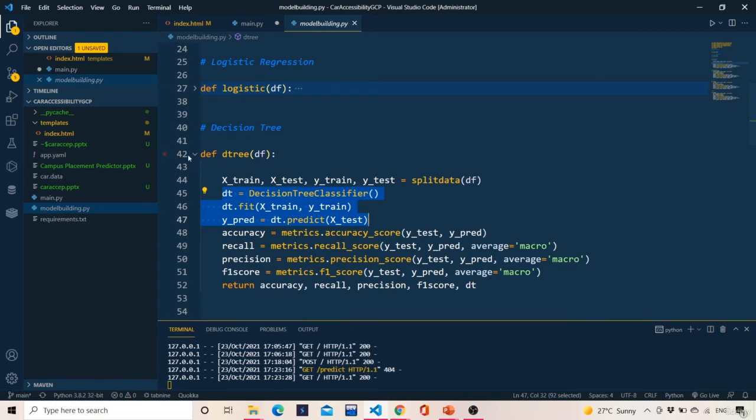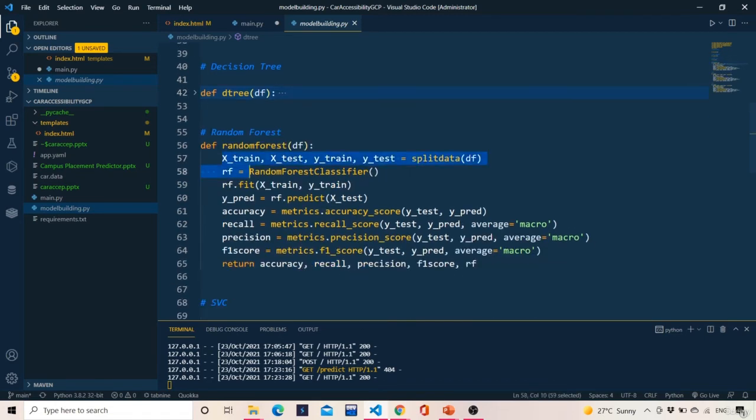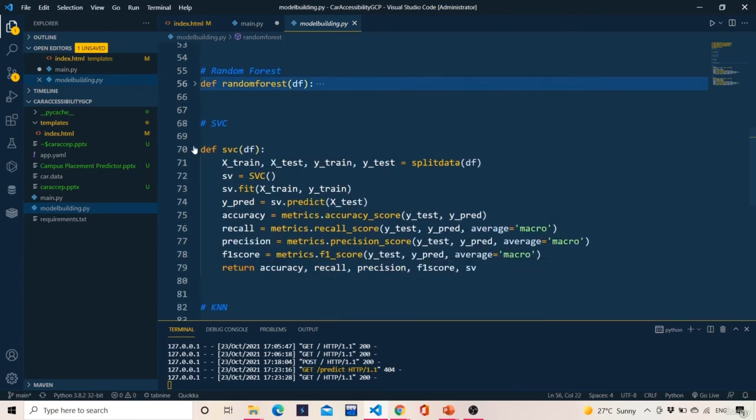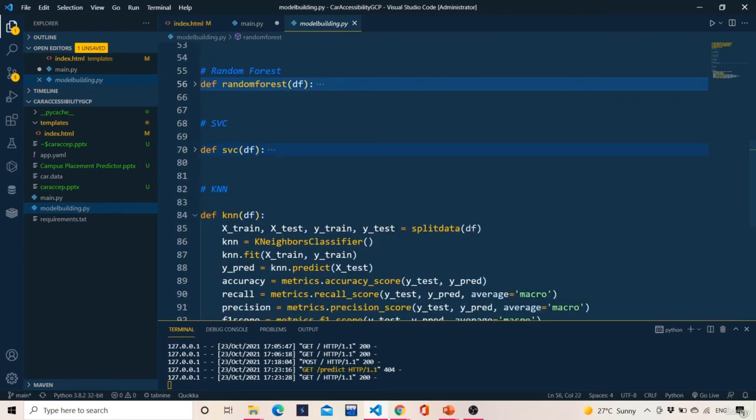Similarly, we'll go for random forest, xtrain, ytrain, random forest classifier, and predicting on the validation data. Line numbers 58, 59, 60 have been changed. Rest all are the same. The last value you must be a little bit careful with: you have to give the object as RF. Just that, nothing else. Same goes with SVC and KNN as well.